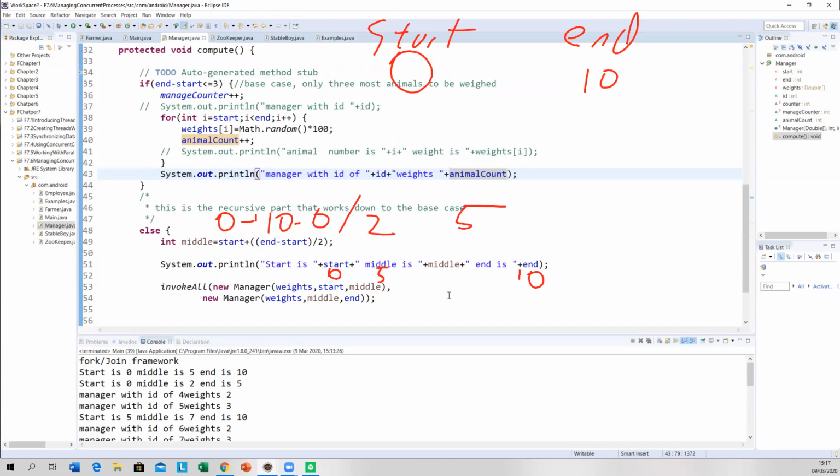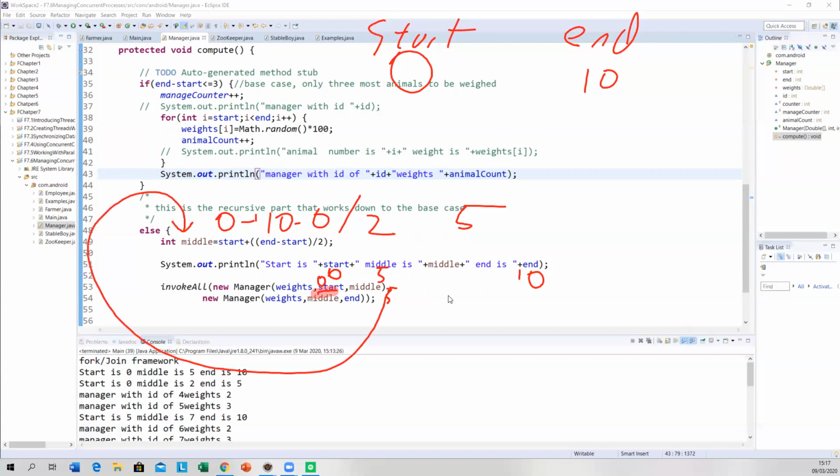It creates a new manager, same weights, and it's going to go start, which we have set to 0, middle, which we have set to 5.